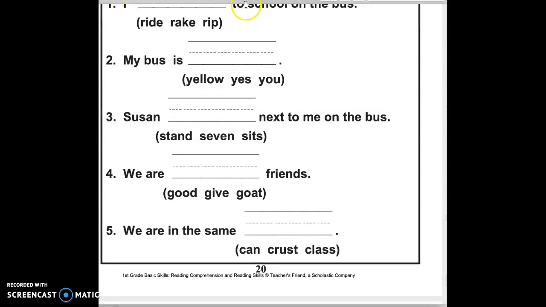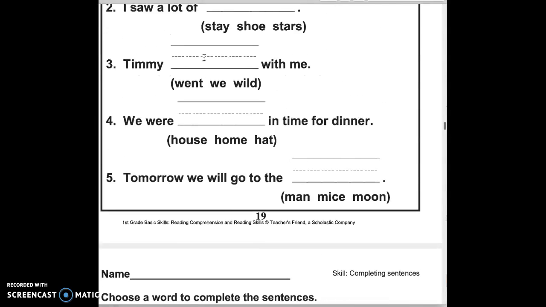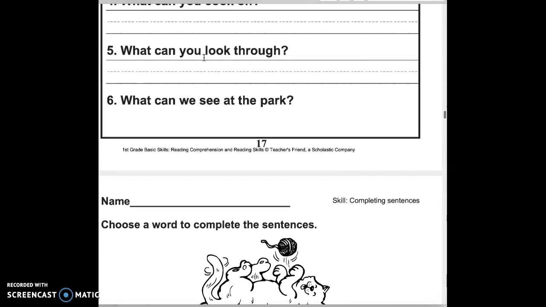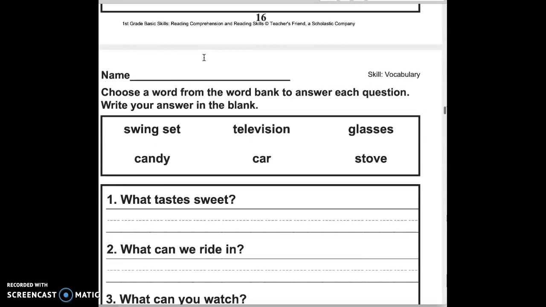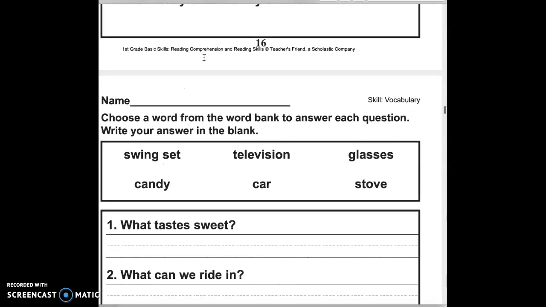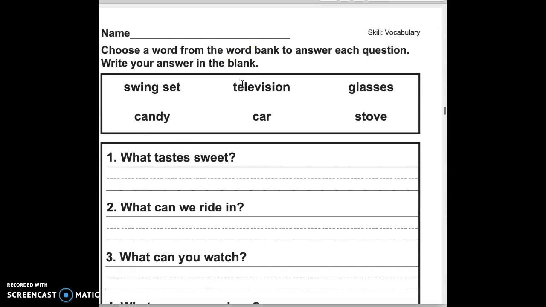I had a very, very busy week. So I am doing this even though I am tired, but I'll do it anyway. So this is page 18 or 17. They say 18 on the side, but it's 17.